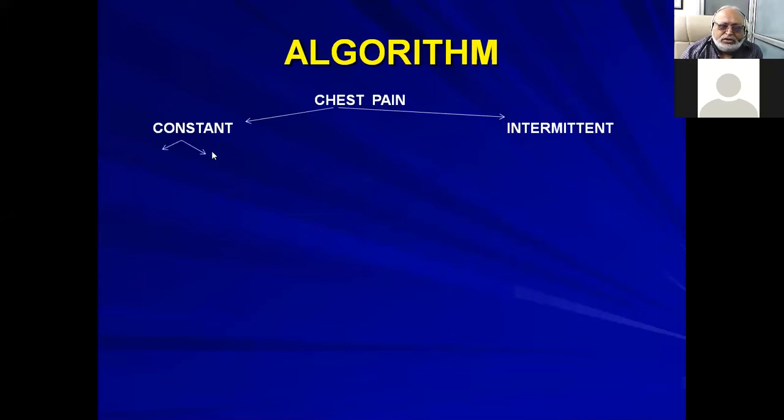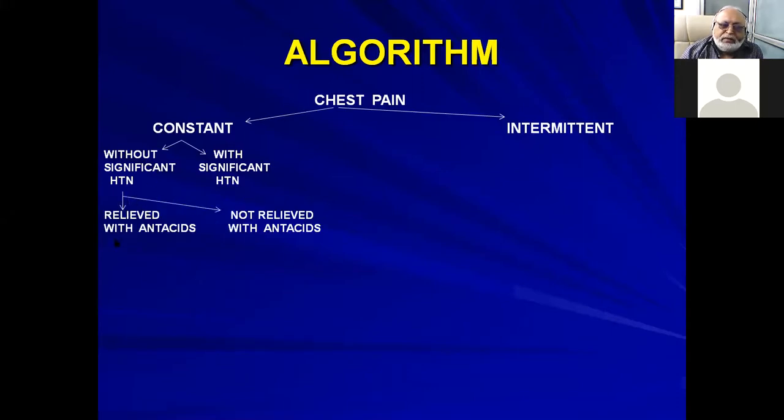If the patient has constant chest pain, it may be without any significant hypertension or with significant hypertension. If it is without hypertension, it can be relieved with antacids or not relieved with antacids. If it is relieved with antacids, the diagnosis is either esophagitis or hiatal hernia. And if it is not relieved with antacids, the diagnosis is